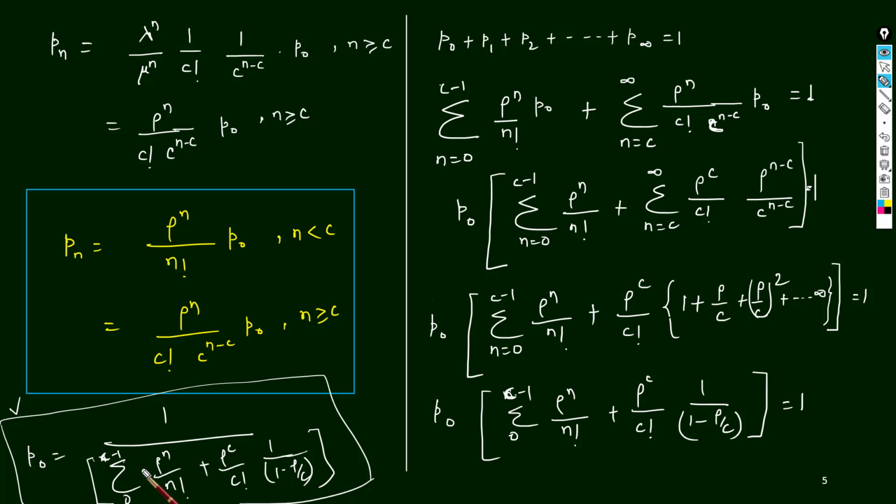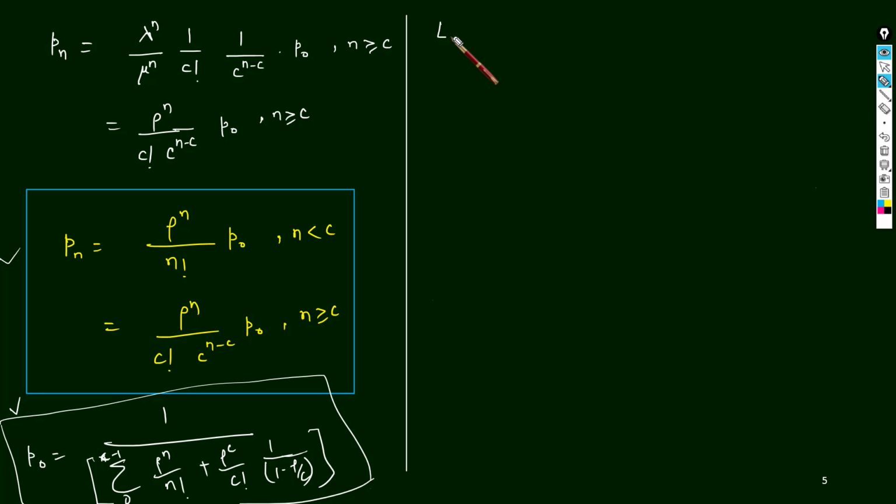Now we will calculate LQ, LS, WQ and WS. So these two expressions are needed. Okay, so we need to remember this expression and this expression. We will calculate LQ. We will find out the expression for LQ. So LQ means length of queue. So when the queue formation will happen, let's suppose I told that there are 5 servers, okay, and people are coming.